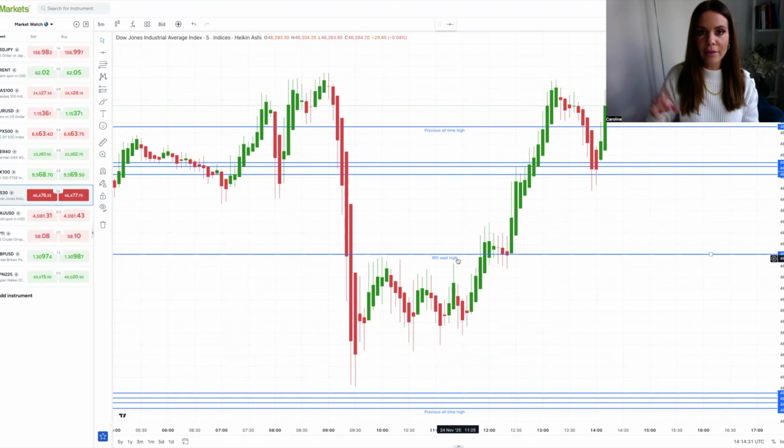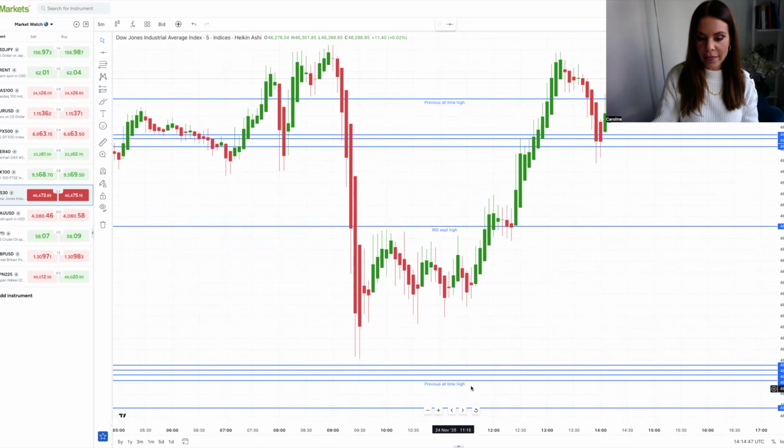So every time the market has a piece of really high impact news, this creates really strong key levels on the US 30. So I always draw up the highest and the lowest point of the big move that happens on those days. You can see we've got another previous all-time high down here, and then lots of unnamed levels. These I call day chart levels, and the reason for that is because I draw them on using the